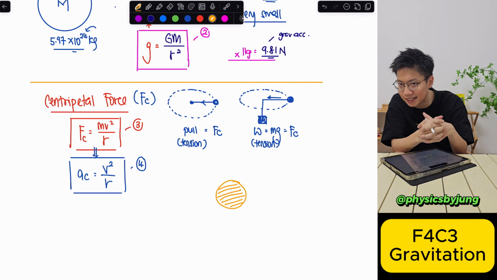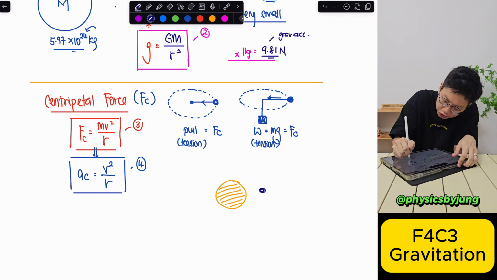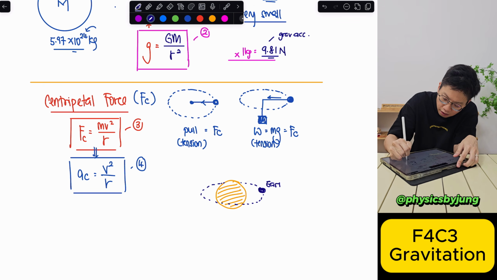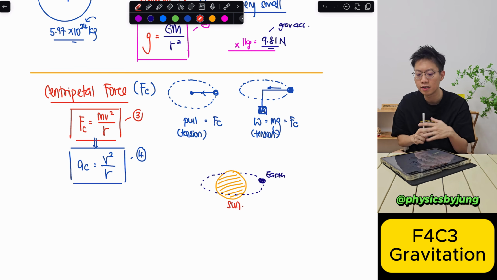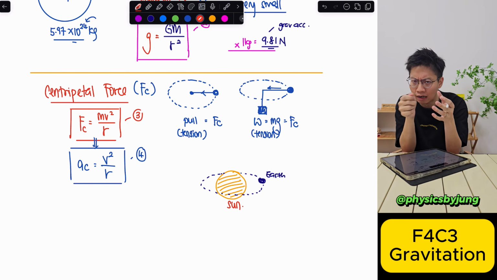Orange color obviously is the sun, right? Okay, now if this is the sun, I have Earth which will rotate around the sun. So now here comes the question, guys. How is the Earth able to go around the sun